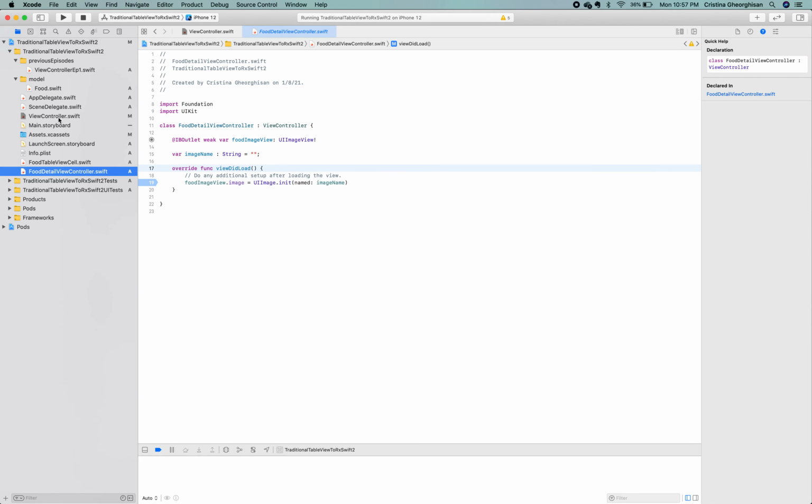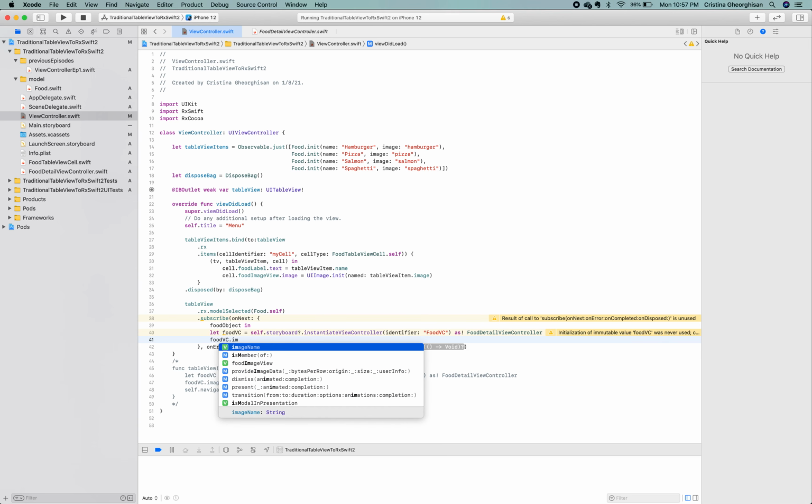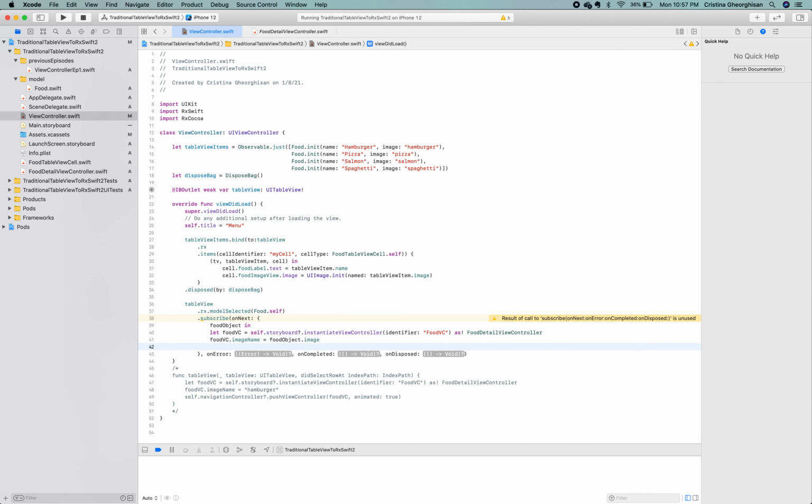Cool! Let's return to our view controller and set the image name. You guessed it, with the name from our food object. So, image. And that takes care of our first issue.